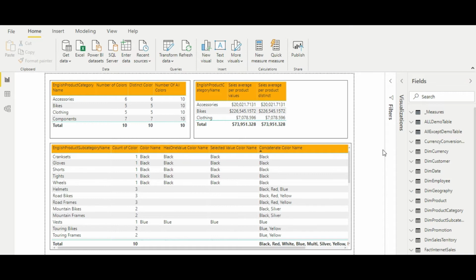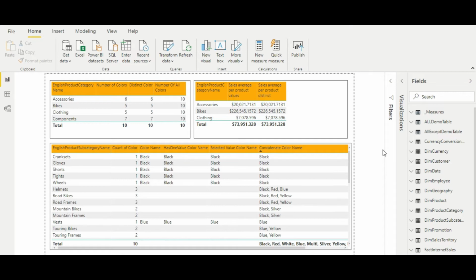Now basically this is a very rare scenario where you would want to create a calculated table using VALUES and DISTINCT, a single column table. Though there may be many scenarios in which you want to create a single column dimension and you want to use it as a filter, that's another case. But mostly they would be used inside a measure. So let's see different scenarios where we can use both the functions inside a measure.